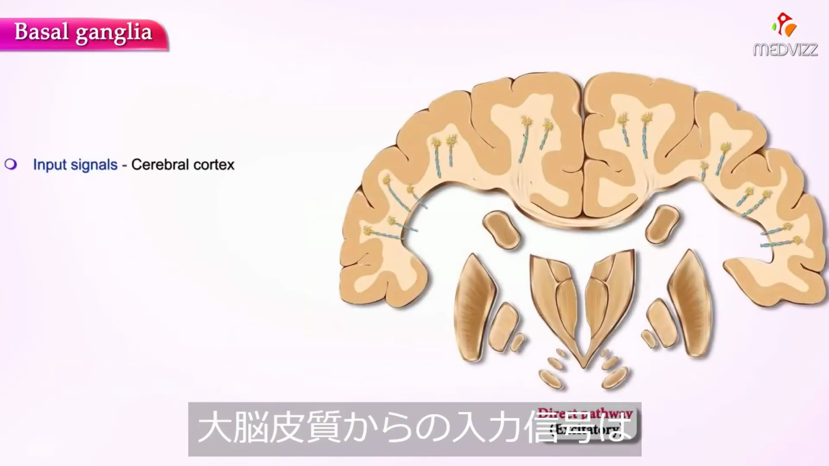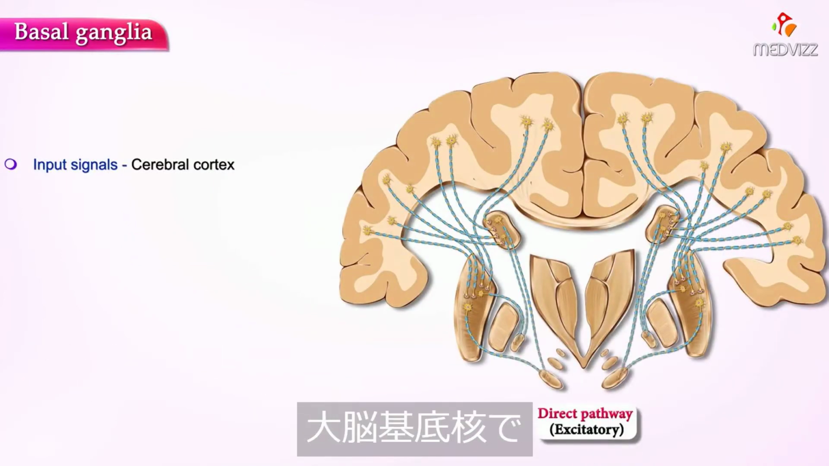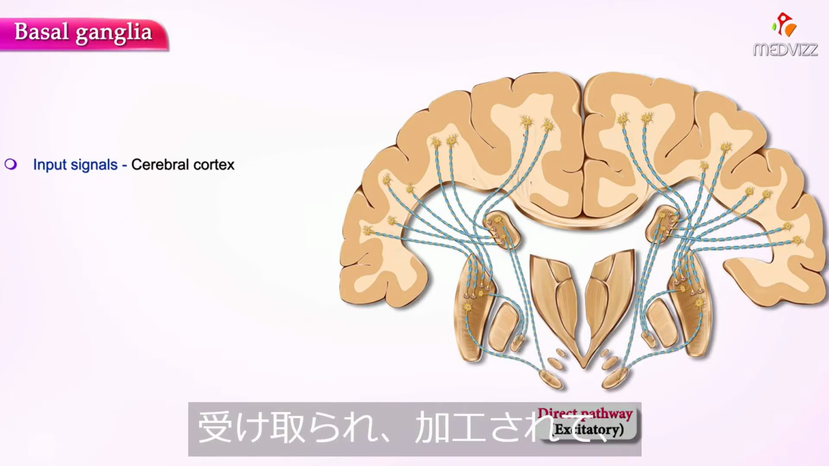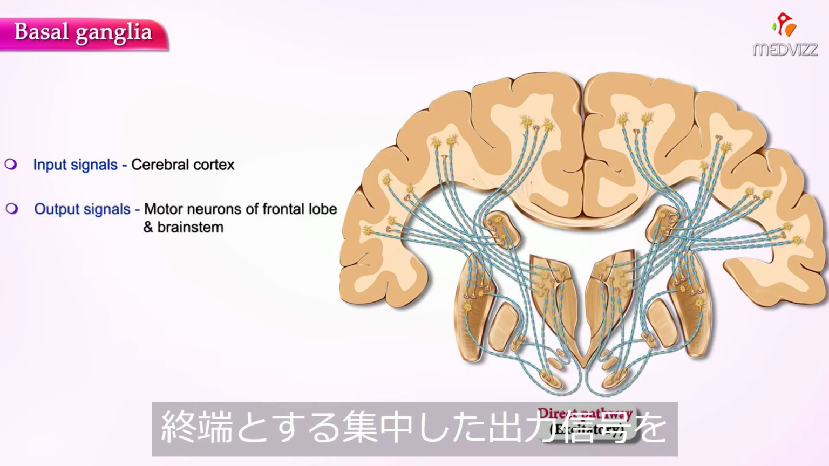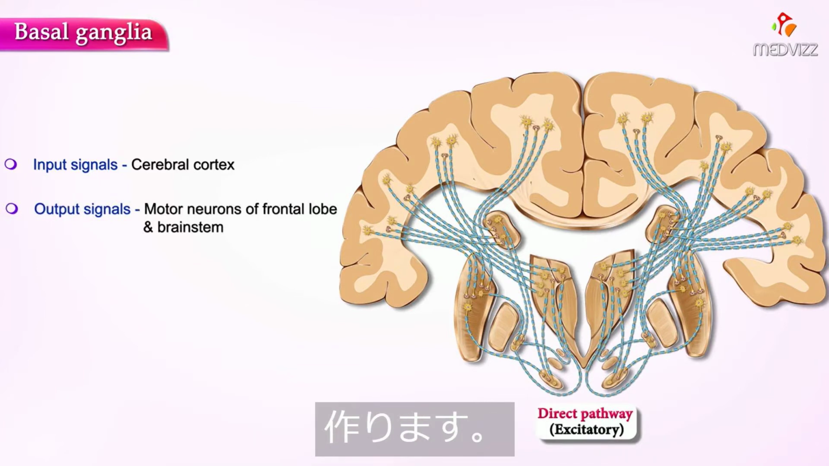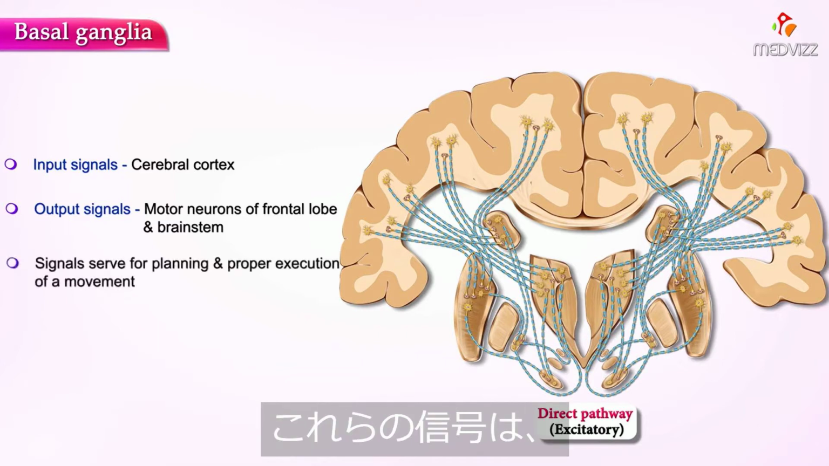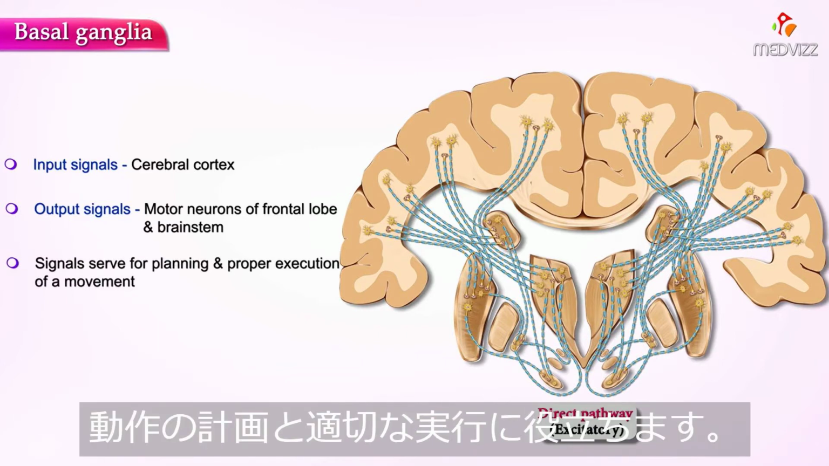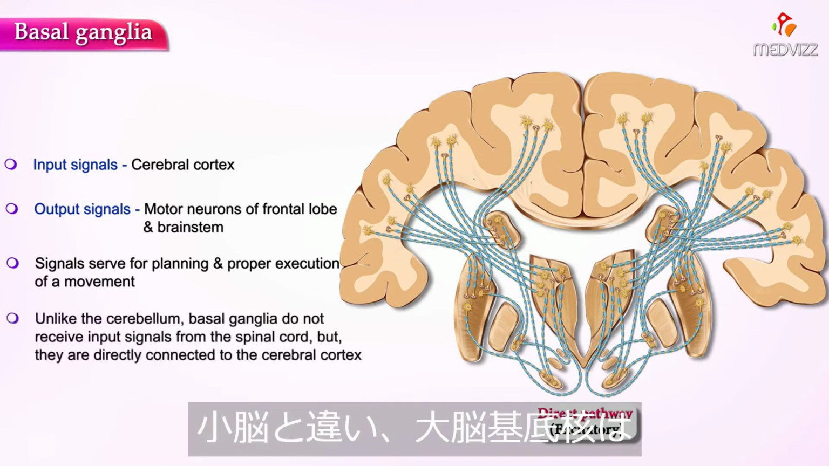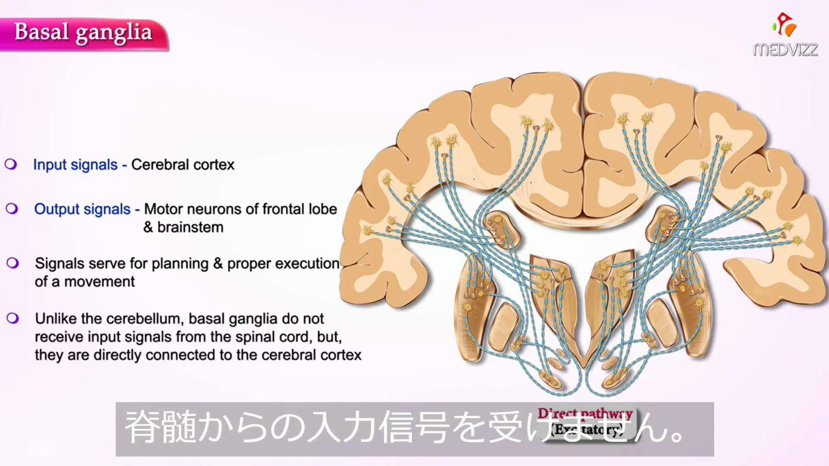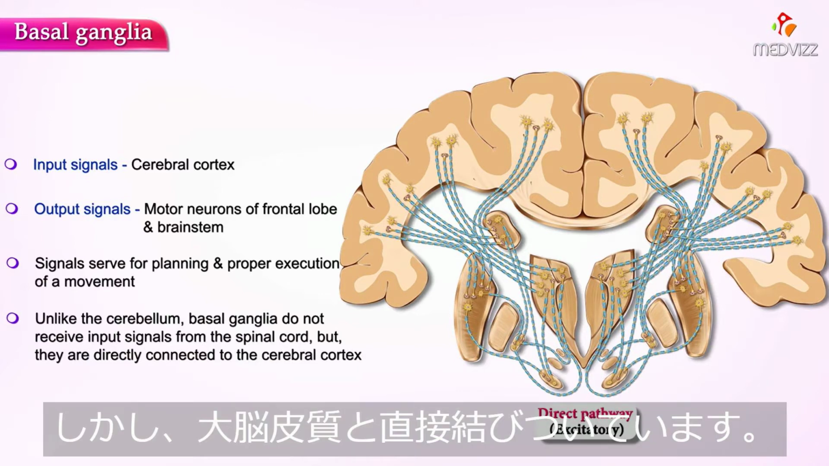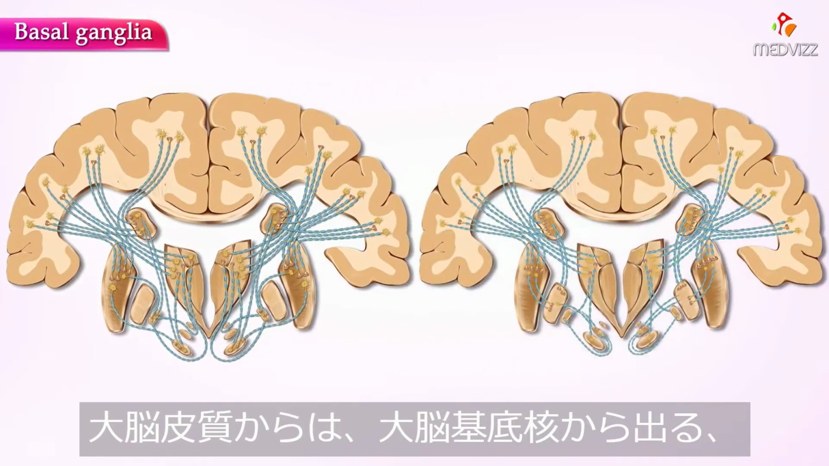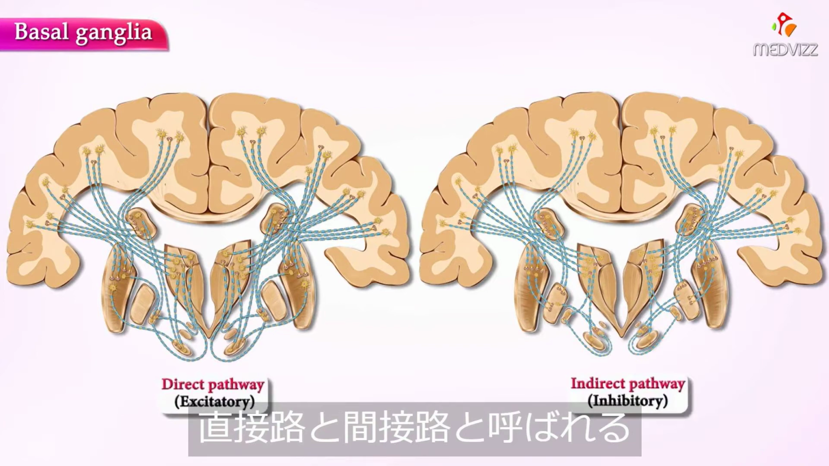Input signals from the cerebral cortex are received and processed within the basal ganglia. After that, it will create a focused output signal that ends up within the motor neurons of the frontal lobe and the brainstem. These signals serve for planning and proper execution of a movement. Unlike the cerebellum, basal ganglia do not receive input signals from the spinal cord, but they are directly connected to the cerebral cortex. From the striatum, the two main pathways of the basal ganglia arise, which are called the direct